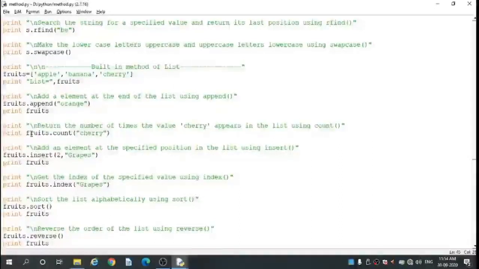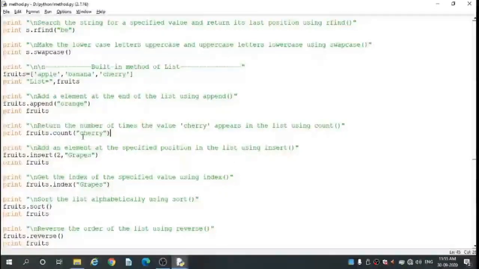So here print fruit dot count in double quote cherry, means how many times it is repeated, means return the number of times the value cherry appears in the fruit list.